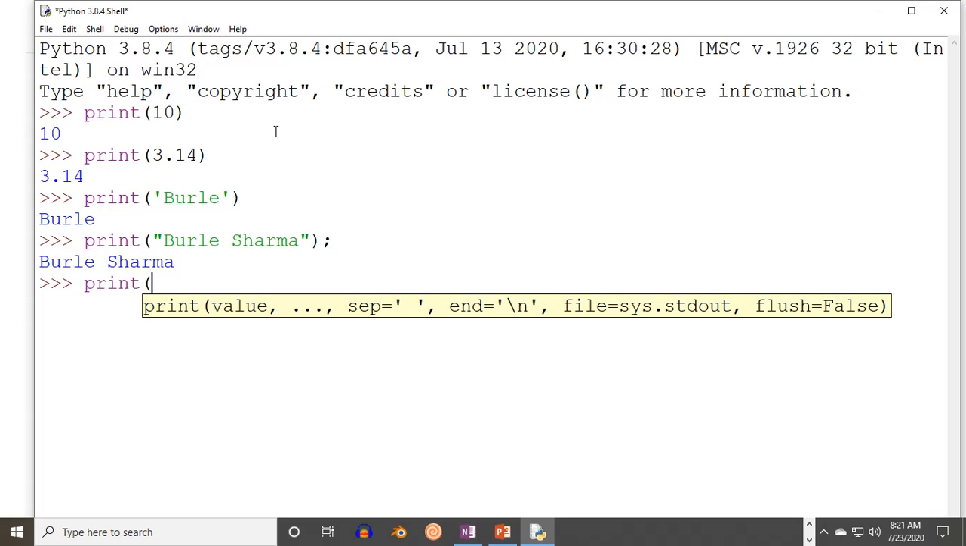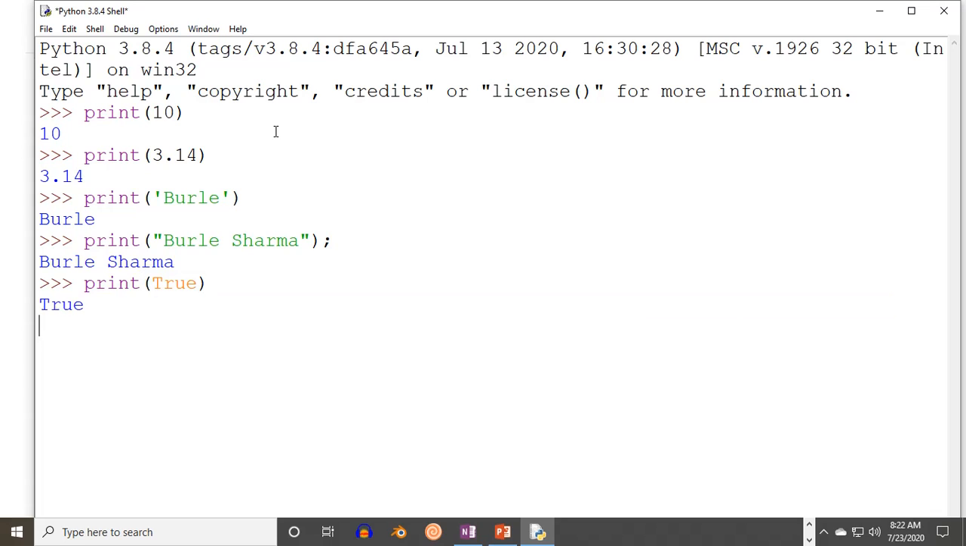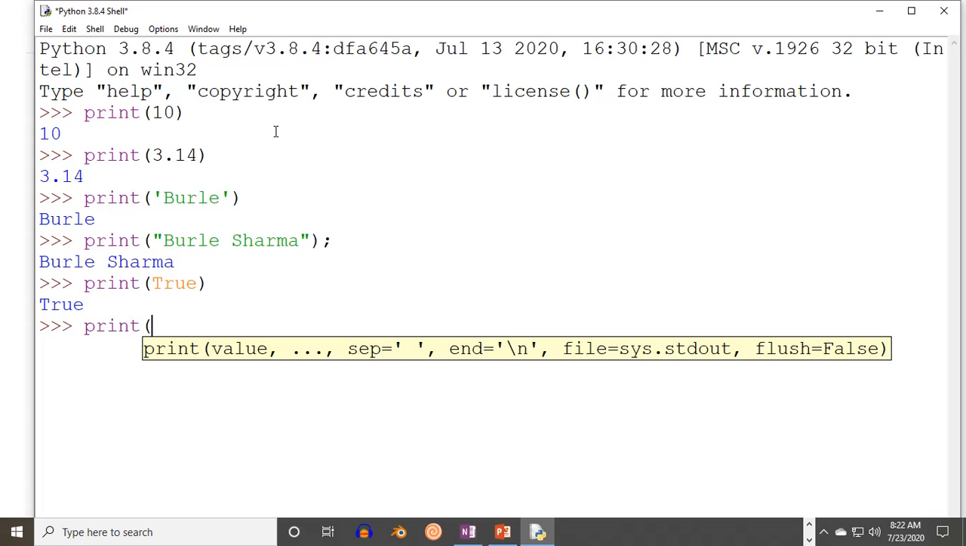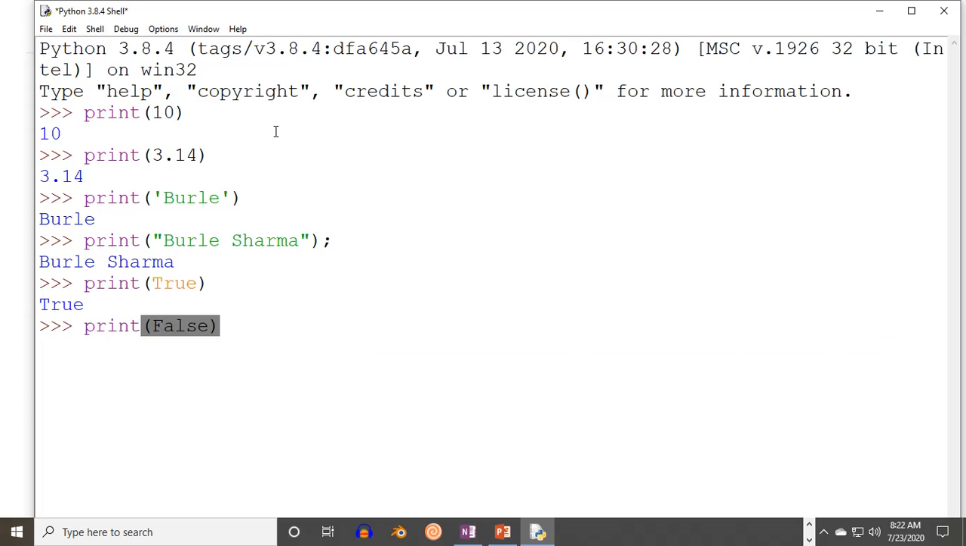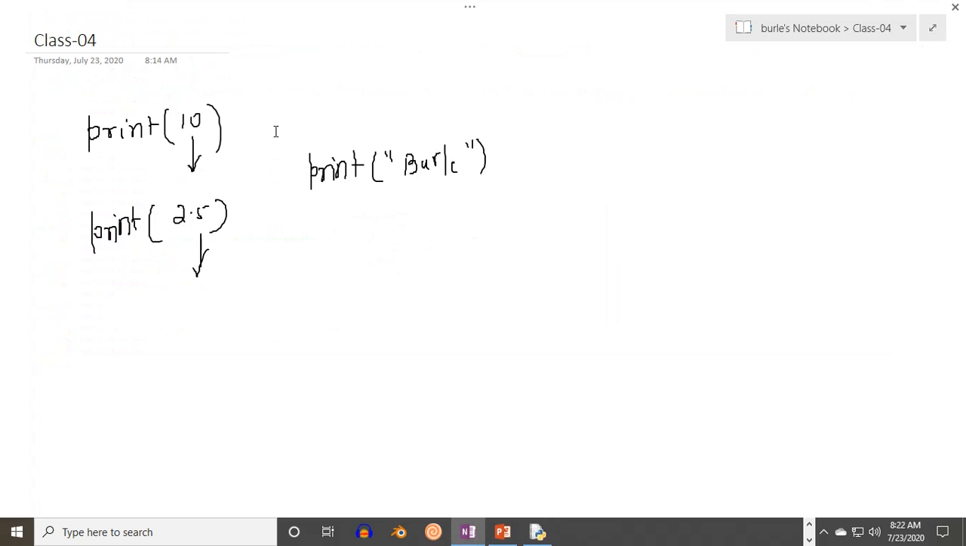Print True. Then print False. So it can print the values. Now the question is, can I store these values somewhere? The answer is yes. If you want to store values somewhere, then as per mathematics we are writing like this: